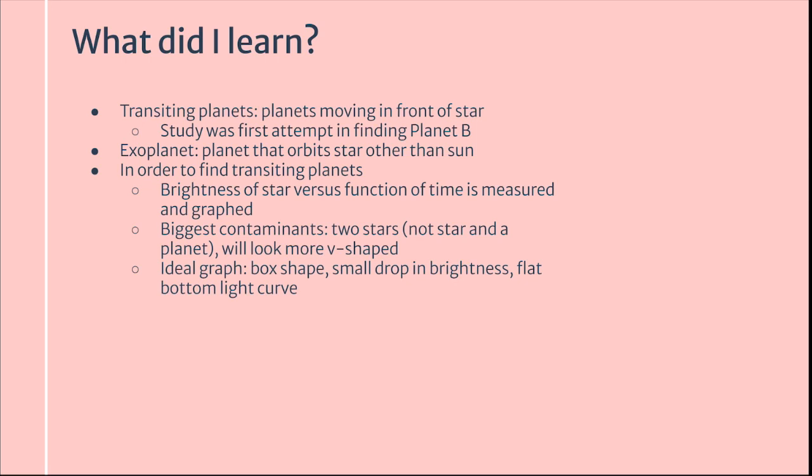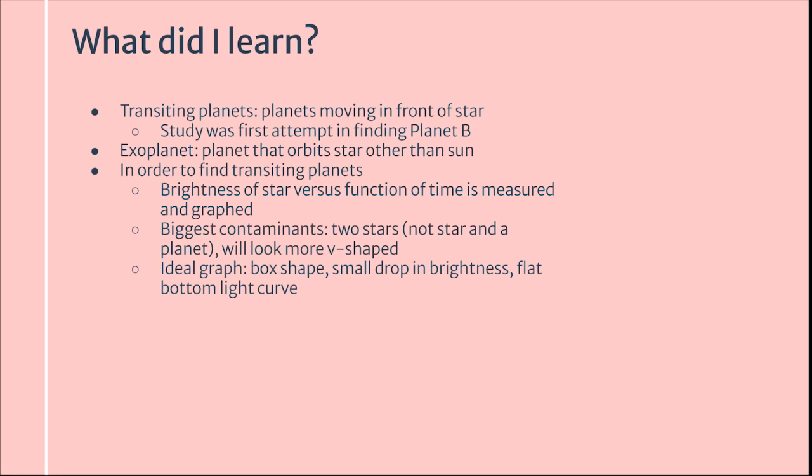Another definition I was unclear on was what an exoplanet was, and this is a planet that orbits a star other than the sun. So planets in our solar system orbit the sun, but planets that orbit external stars are called exoplanets. In order to discover transiting planets, planet B, the brightness of a star versus the function of time